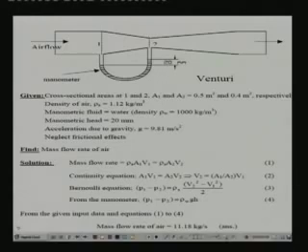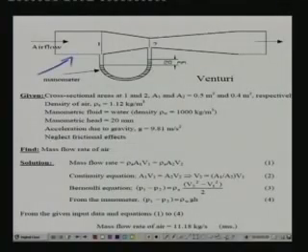So, this is an application of Bernoulli equation to a venturi. Now, what is a venturi? Venturi is a device for measuring flow rate. Basically, it is normally used for measuring air flow rate or water flow rate. As you can see in the figure, it consists of a straight portion, then a converging portion and a gradually diverging portion. So, this is your diverging